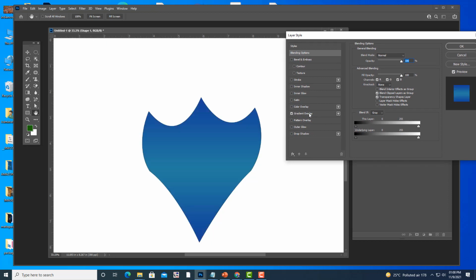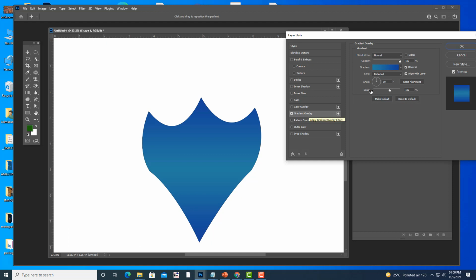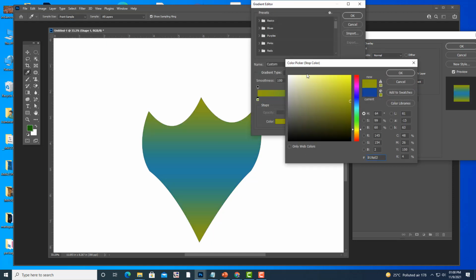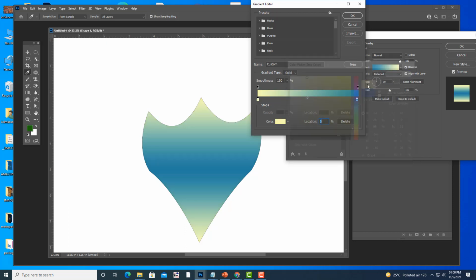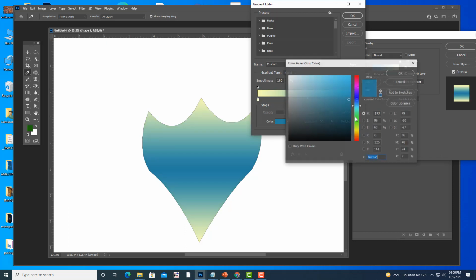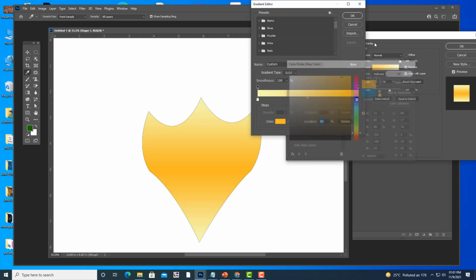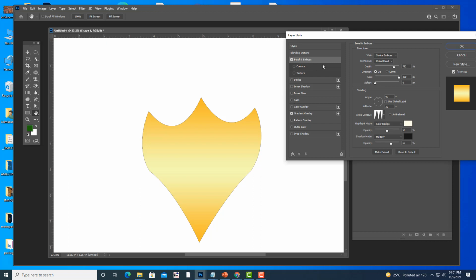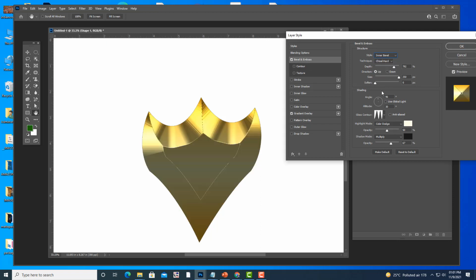So we will be giving some golden metallic text. We will select a creamy color and light orange, and then we will use reflected and remove the reverse. Then we'll use bevel and emboss, and use inner bevel. See, it's looking like a shield.